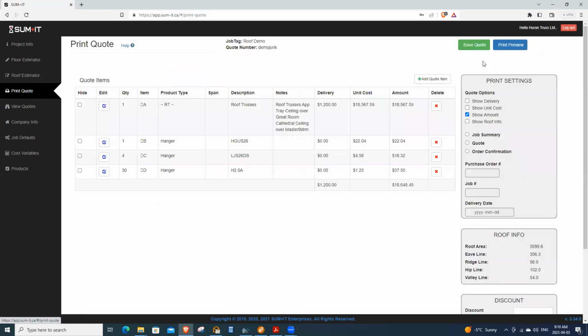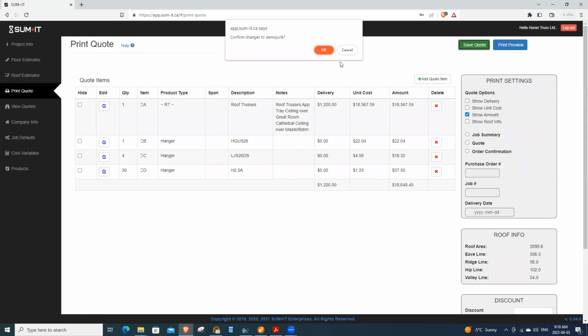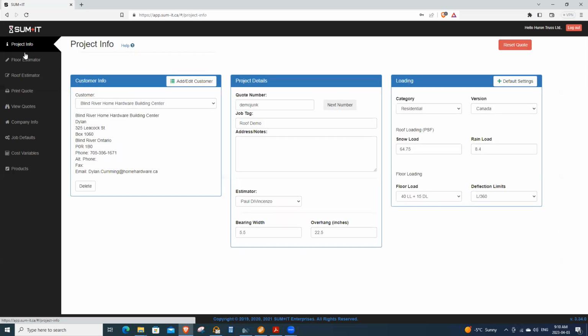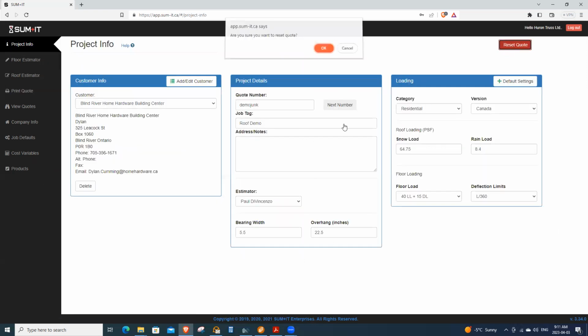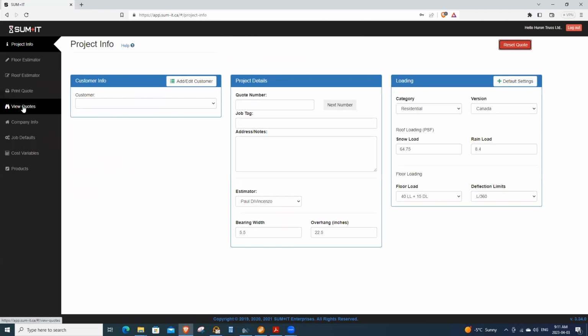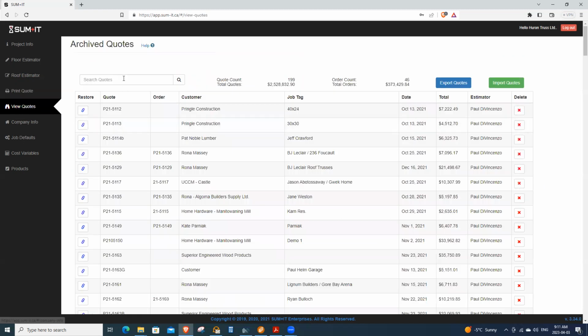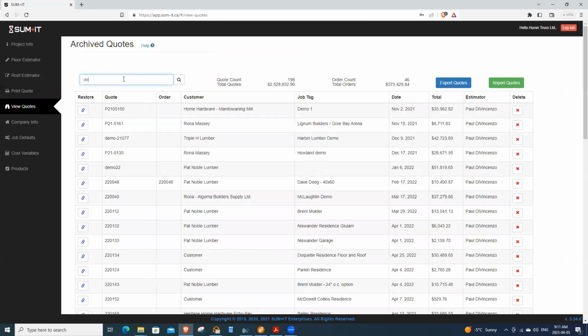You just want to make sure that it saves the quote. You can go back, so it's been saved. So I'll just reset this. You can go back into old quotes, and it searches by